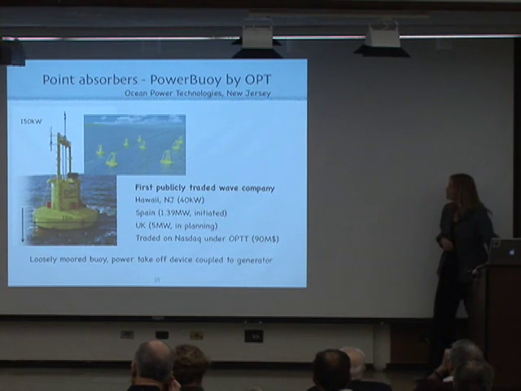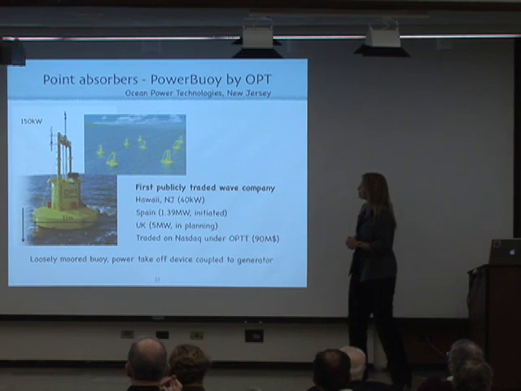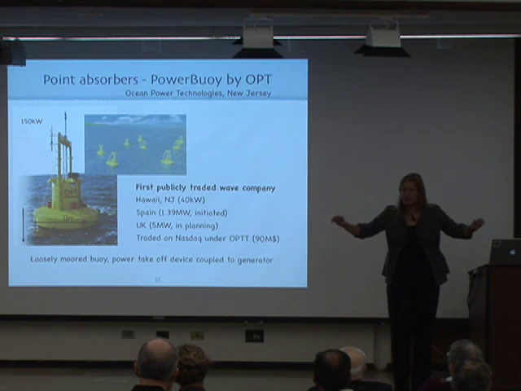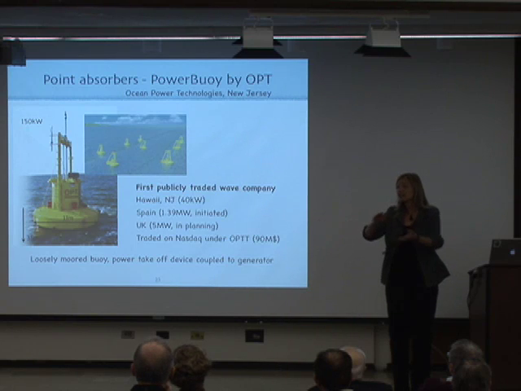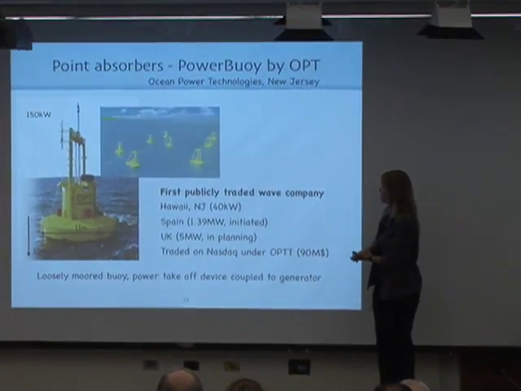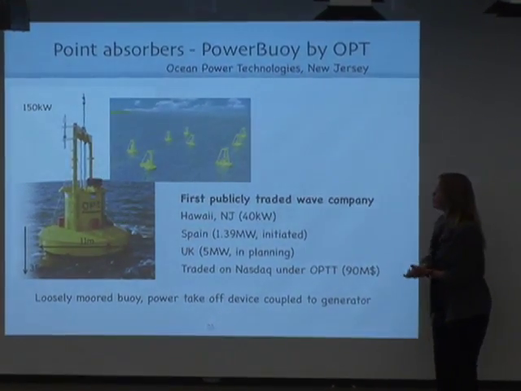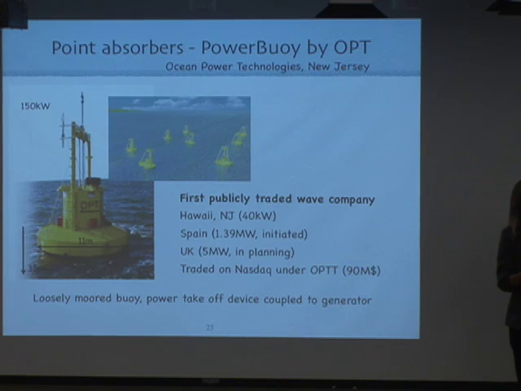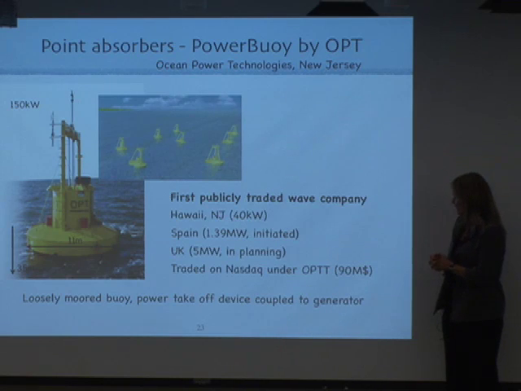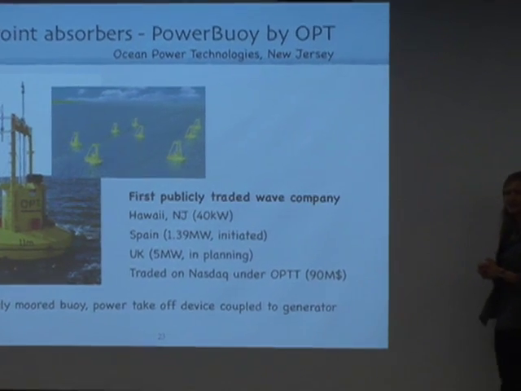You can also have what they call point absorbers. So they also absorb this up and down motion of the waves, but not over quite a long stretch like the Pelamis, just locally at one point. The first one is called the PowerBuoy, which is a nice name. And that is the first publicly traded wave company. So they're not as commercial as the Pelamis Wave Power Company. But Ocean Power Technologies, which is a US company, is now trading on NASDAQ under OPTT. When they became public, they generated about $90 million. So that's reasonable investment.